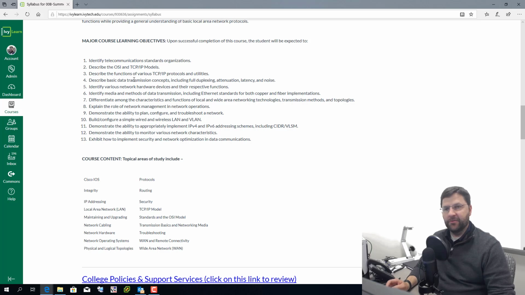We're going to talk about networking, the basics of networking. We'll talk about the OSI and the TCP/IP models, how the different layers in those models interact, how to set up a local area network with a router and a switch and some end devices. We'll talk about IP addresses and classless interdomain routing and variable length subnet mask and how to subnet or separate IP networks. So, the basics of networking as the name implies.